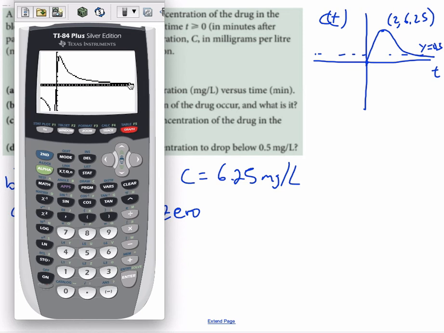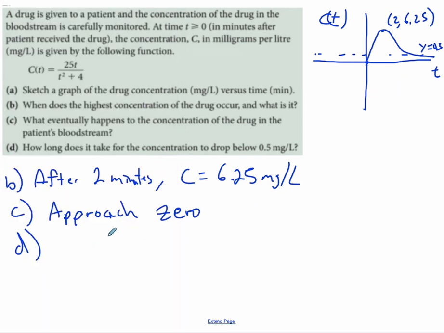Okay, looks like it might intersect over there. Number 5, and let's go a little bit closer to it, then it'll be quicker. Enter, enter, enter. So we get 49.9. Okay, so it intersects there at (49.9, 0.5). So after 49.9 minutes,